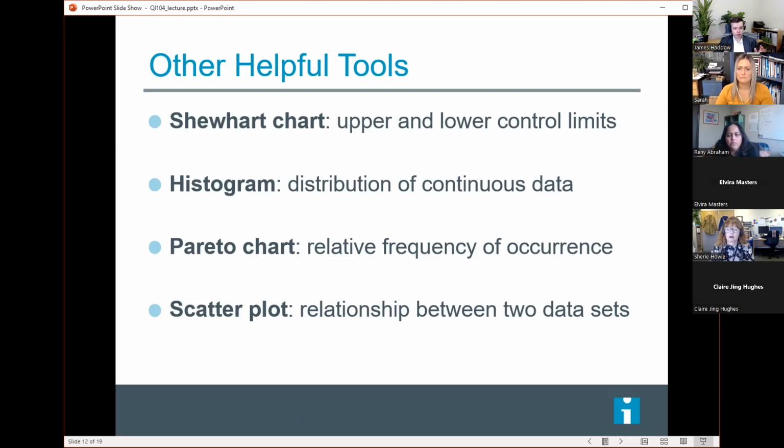It was just a piece of graph paper, and somebody would diligently plot up and down as time goes by. And then somebody would come along and circle the special cause variation, if there was any, and make an investigation into it. So you can get really low tech, and I love low tech because it makes things more